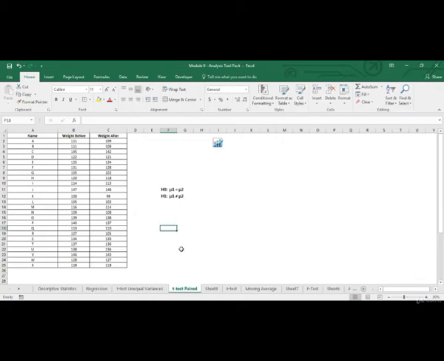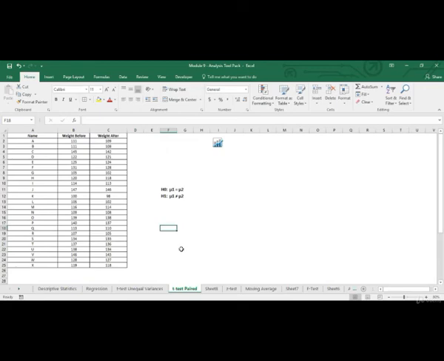Now there are three types of t-tests in Excel. The first one is paired two sample for means. That is when the population or sample on which the test is being done is same. For example, marks obtained by a group of 10 students before maths coaching class and after taking maths coaching class. That is, the sample population is the same 10 students, just that their performance is being compared before and after an event. Then we've got two sample assuming equal variance.